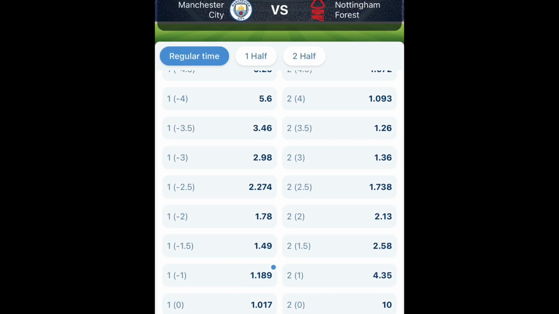So let's quickly move into the next one, which is the Asian handicap. This is more difficult for most people, and to me Asian handicap is more safe because it helps you get at least some percentage. Even if the game you predict did not go well, it helps you get some amount of refund, like 50% of your stake will be refunded back to you if your prediction did not go as planned.